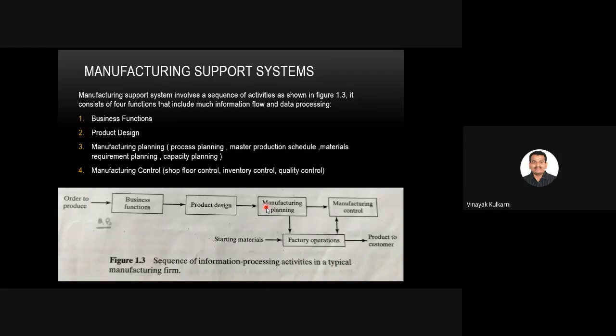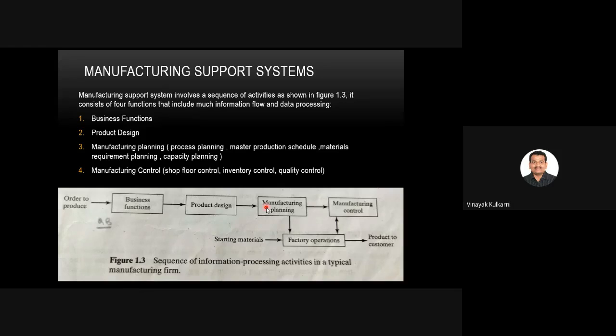You cannot over order, you cannot under order. If you under order, your schedule will all get disrupted. Like you have to produce these parts, only the first and second part is produced. The third part cannot be produced because we don't have the raw material. So material requirement planning also is very important.